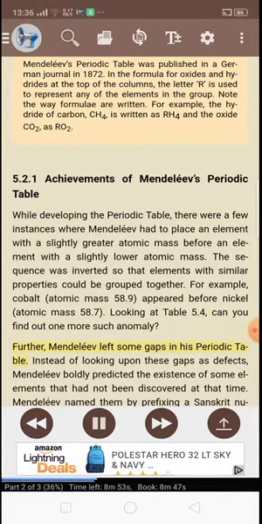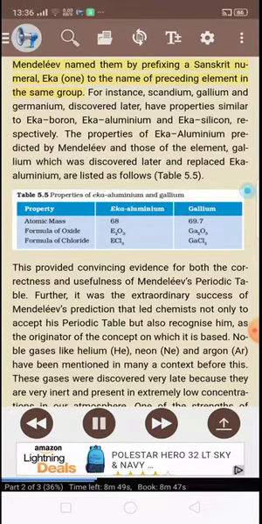Further, Mendeleev left some gaps in his periodic table. Instead of looking upon these gaps as defects, Mendeleev boldly predicted the existence of some elements that had not been discovered at that time. Mendeleev named them by prefixing a Sanskrit numeral, Eka, 1, to the name of the preceding element in the same group. For instance, scandium, gallium and germanium, discovered later, have properties similar to eka-boron, eka-aluminium